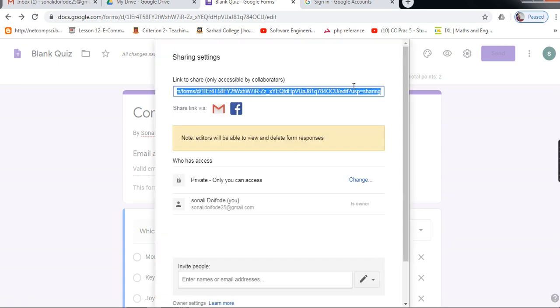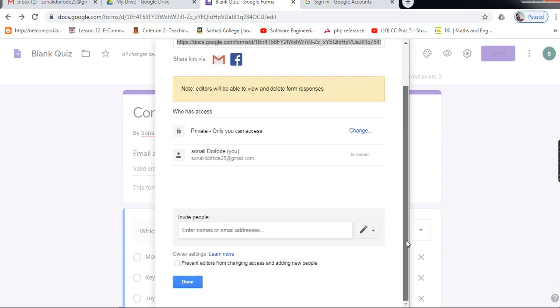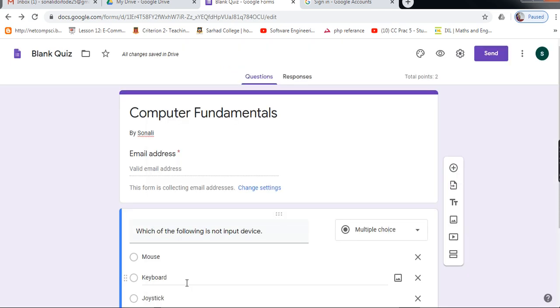Here is a link. You can copy this link and share it with the students. You can share it using a WhatsApp link, your Google Classroom, or the mail. You can choose any way to share this link.